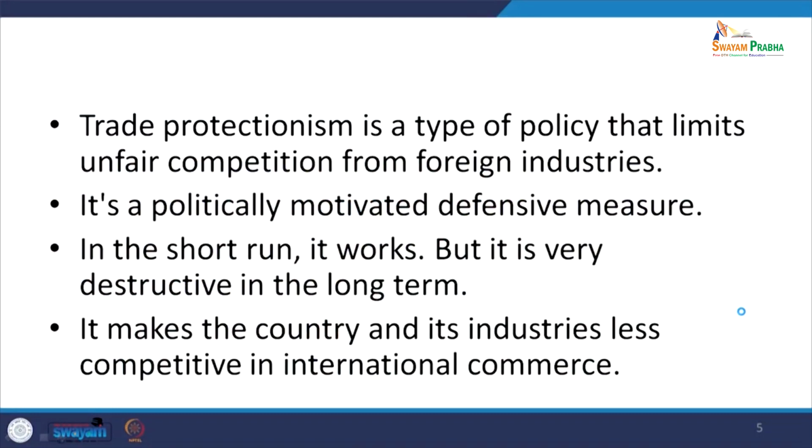So, trade protectionism purely is basically a policy that limits unfair competition from foreign industries. So it is the responsibility of the government. Usually these are politically motivated and usually also considered for defensive purposes. While it has been argued that it really works in the short period, in the long run the effect is very ambiguous, and many economists say that it is more destructive in nature in the long run, because this never facilitates